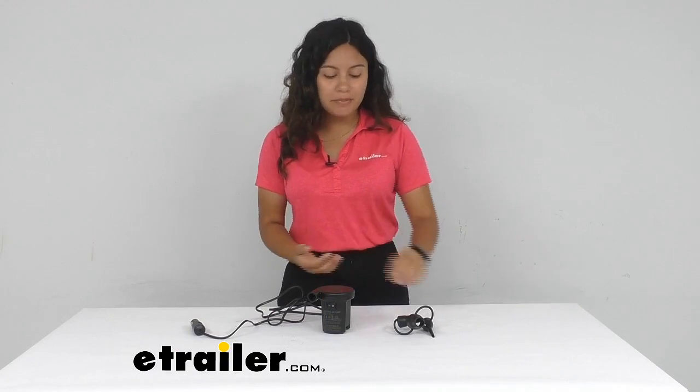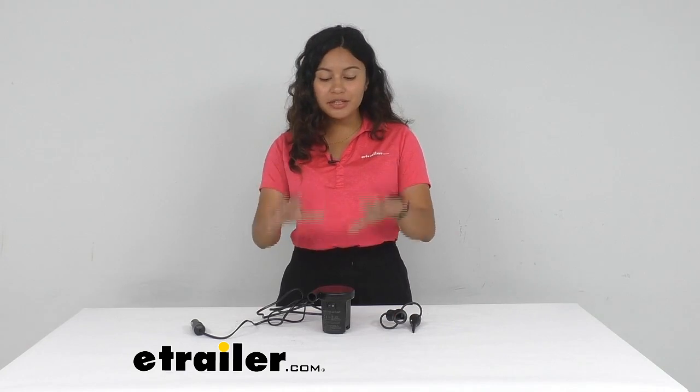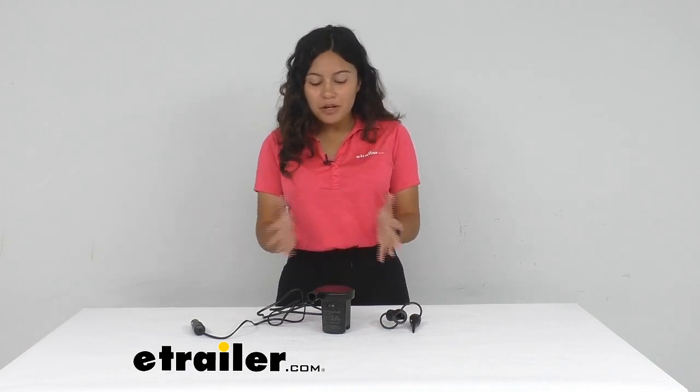They all work pretty much the same way. They have very similar valve adapters, and they help you out when you're out camping, if you have a kayak, if you have an air mattress that needs inflation or deflation. This works with that, and it's a lot easier than using a hand pump. So this was a really quick look here at our Coghlans electric air pump, which is